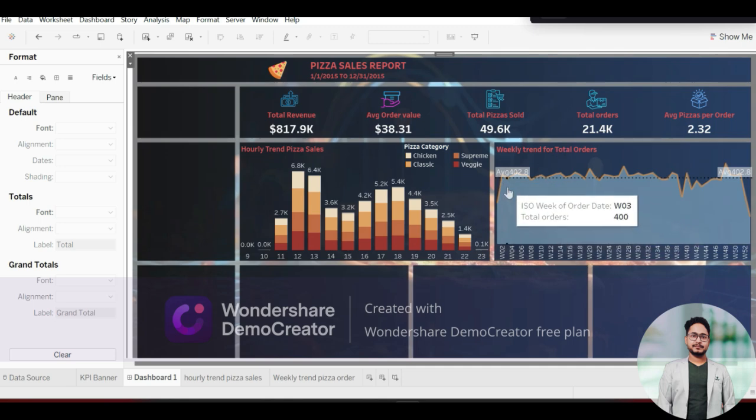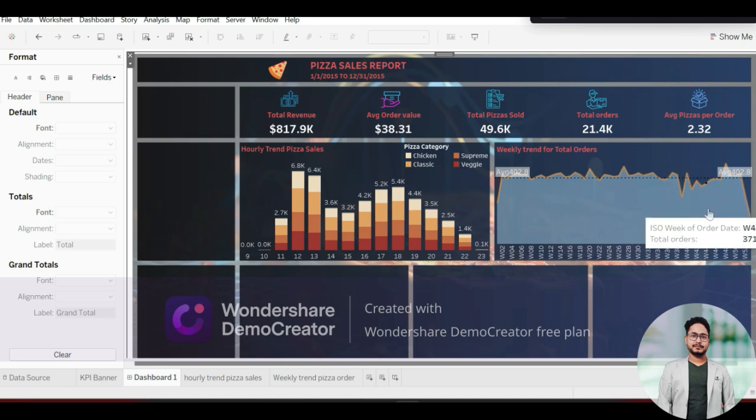So this chart is showing the weekly trend of orders for every week of the year. We noticed that around week 40 the orders decreased a lot. It went a lot below average, but it quickly picked up in the next week. After that it has seen some ups and downs, but lately it has been going smooth. Apart from that, we don't see any other kind of disturbances, but we also want to add one more piece of information